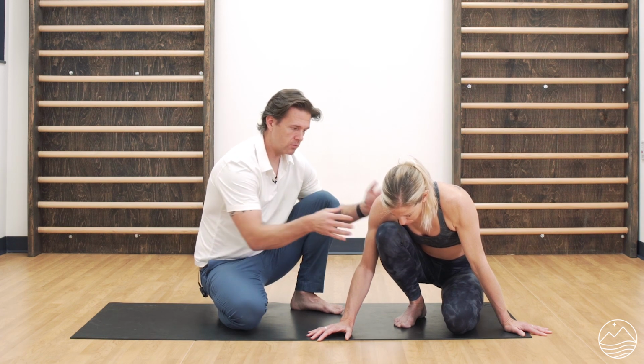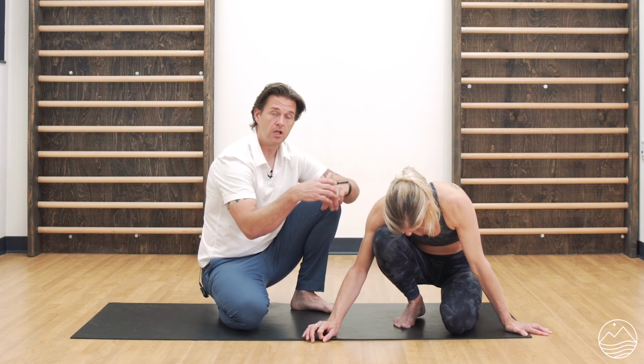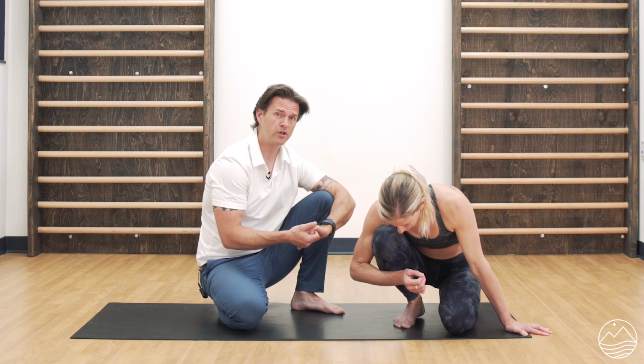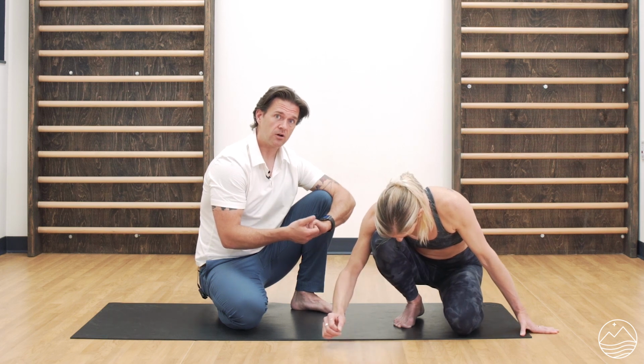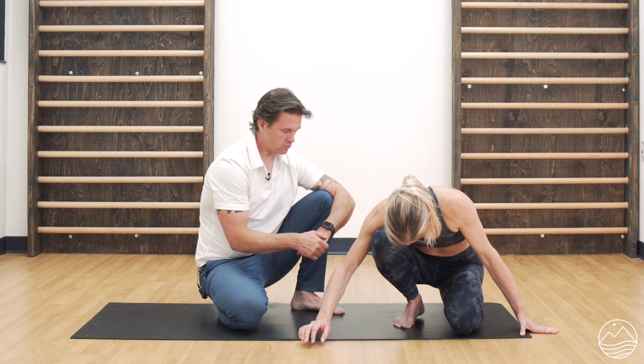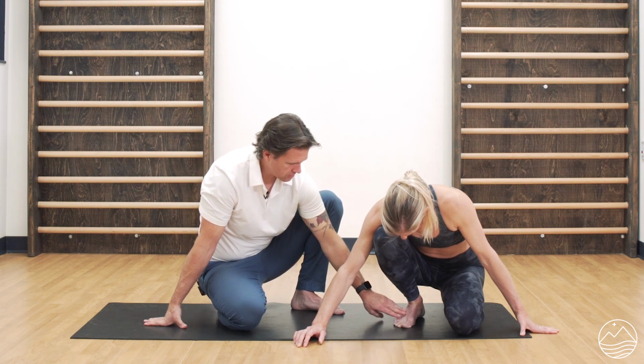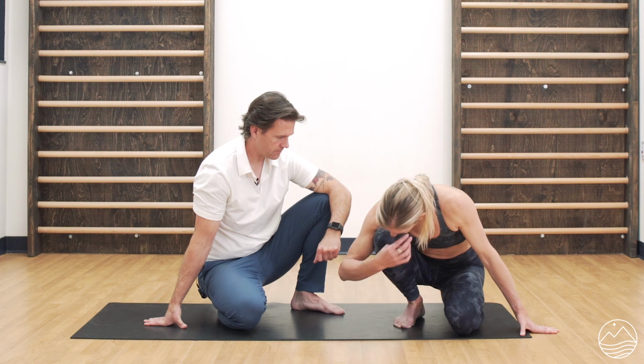And slowly relax. You should get a little bit more space in there. Remember, you're not hunting for like 40 degrees of more space. You're hunting for 4 degrees of more space. Start to ramp up tension, making sure the heel's not leaving the ground, pushing down 20%,